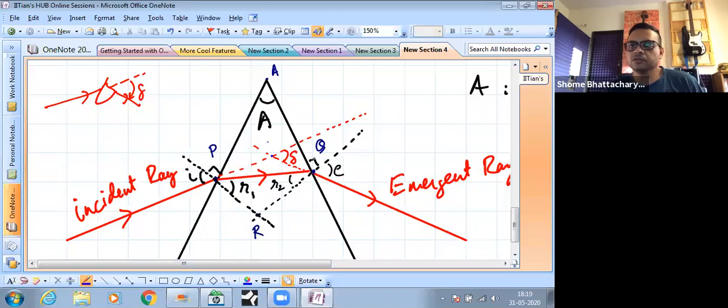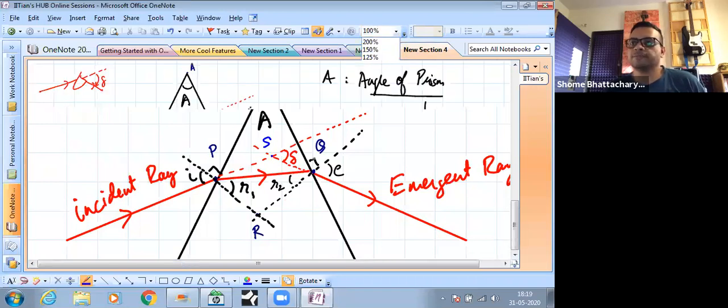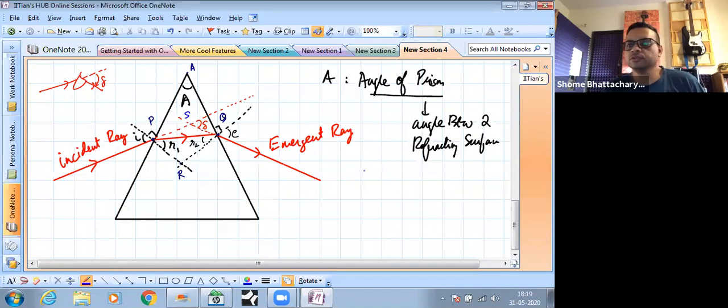So let's label it as S. Okay. So the main thing now for us is to come up with the geometrical solution involving optics, of course. We have to find the value of the angular deviation delta, given that we know the angle of the prism, we know the refractive index of the glass of the prism,